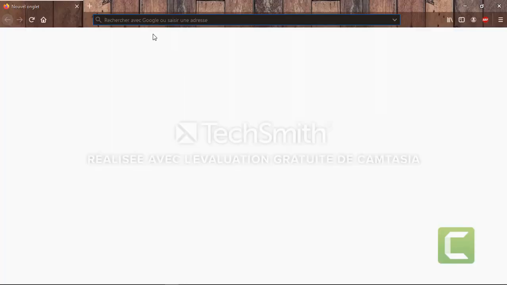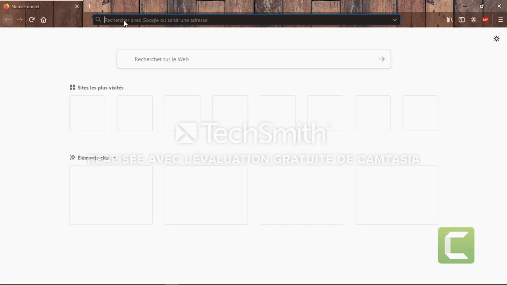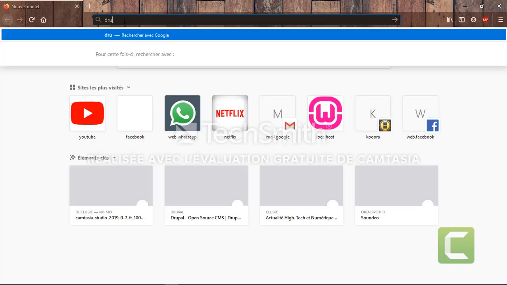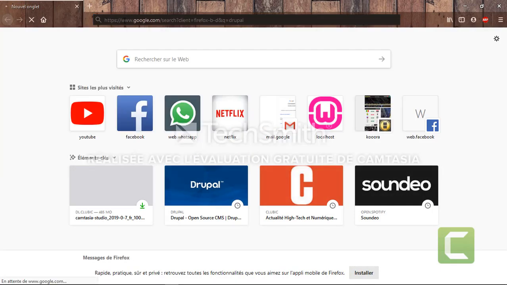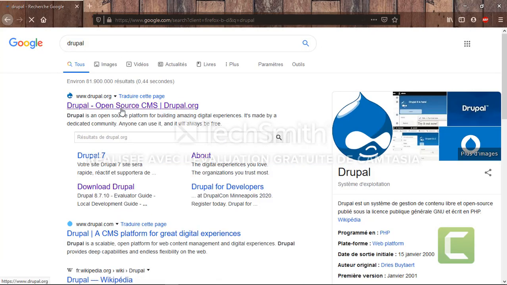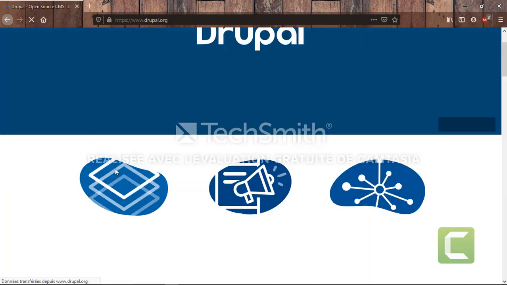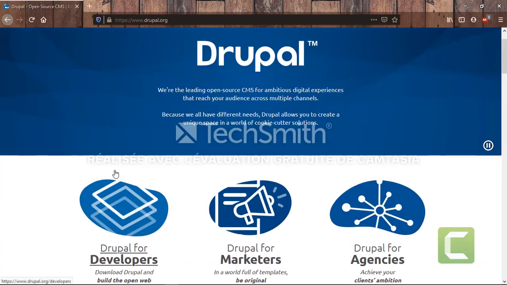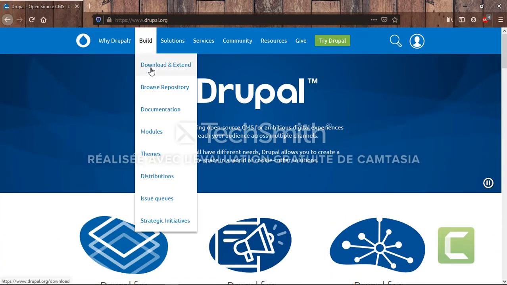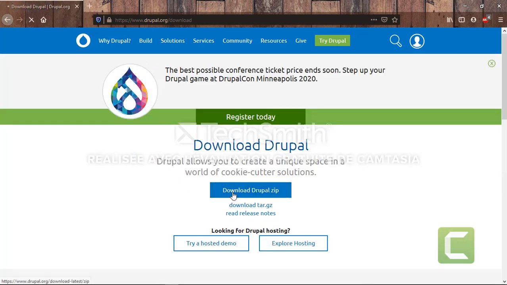I'm going to show you in this part how to install and how to use it, but only the basic things. First of all, we have to download Drupal as a zip file from the official site. We go to drupal.org, and on the main page we go to Build, Download and Extend, and we download the file.